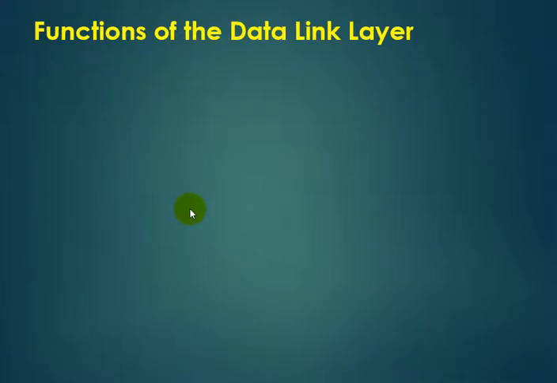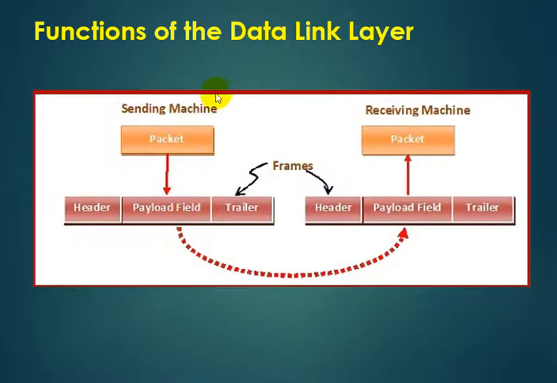Now let us see the functions of the data link layer. What functions are involved in the data link layer? Suppose this is the sending machine and on the next side this is the receiving machine, the sender and the receiver. The sending machine first sends the packets. These packets will be converted into frames in the data link layer. The sending machine receives the data from the network layer in the form of packets, and in the data link layer